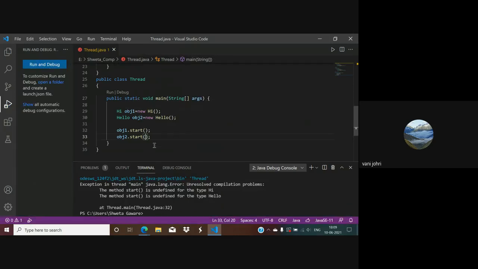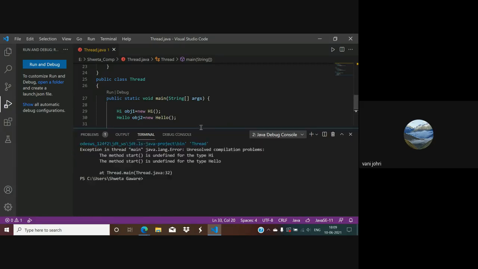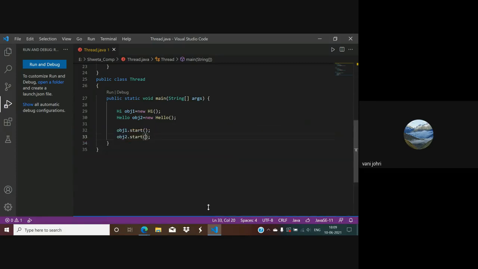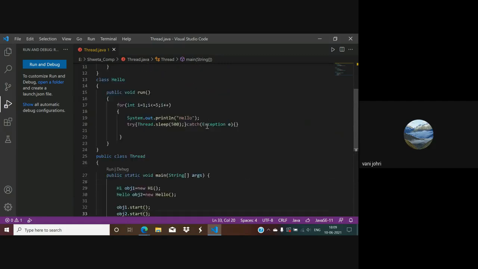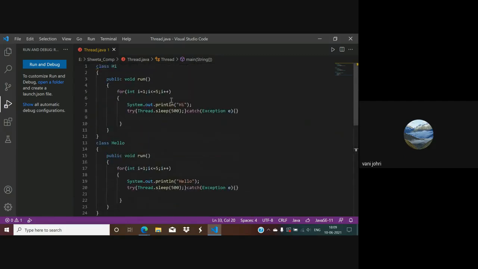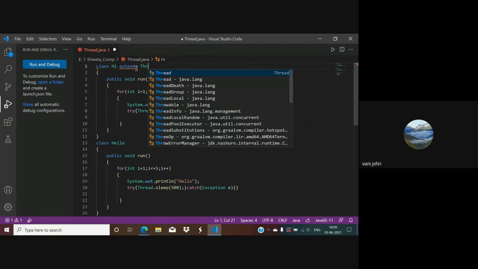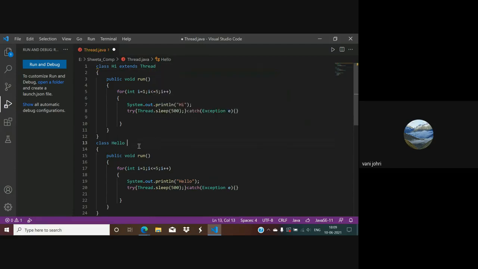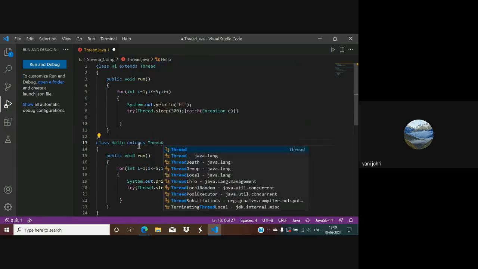Open your terminal and make it bigger. Okay, go back up. You've not made them into threads. You followed the video, but you did not follow it completely, I guess. You need to watch the whole video. Go to the top. You need to write Hello extends Thread and Hi extends Thread. Yes. Now run it.